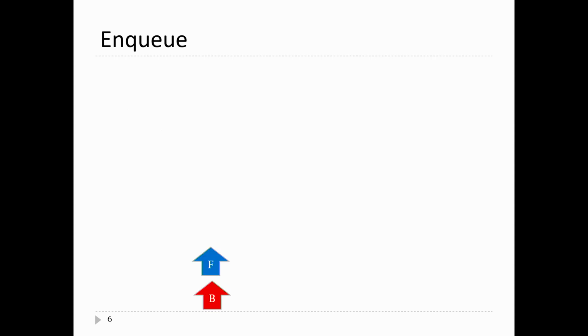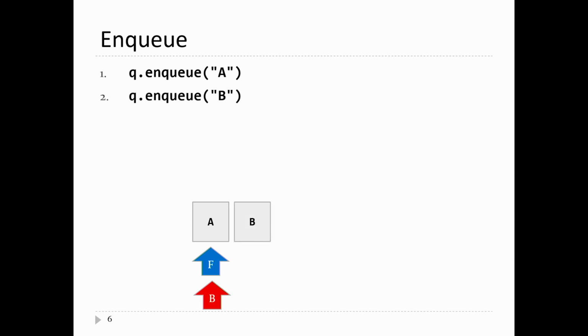So this is a picture of how a queue works. In an empty queue, we have these pointers, F and B, for front and back. They point to the front and back elements of the queue. In an empty queue, they point at nothing because there are no elements. If you enqueue an element into an empty queue, then front and back both point at the one element in the queue. So if I enqueue another element,